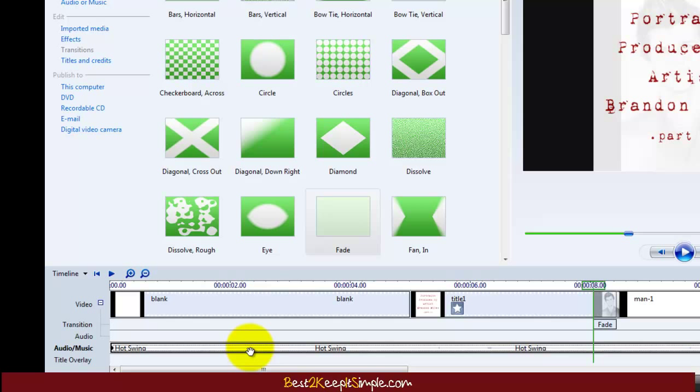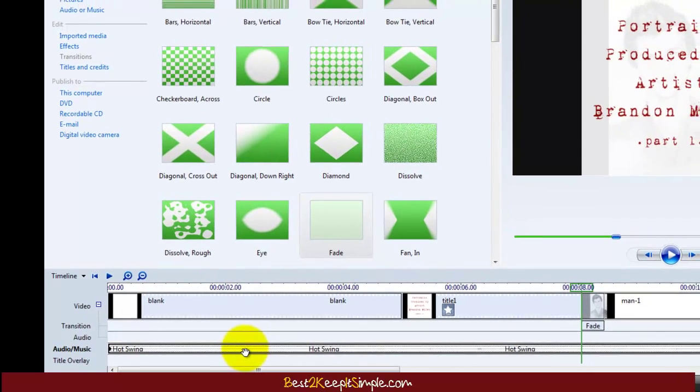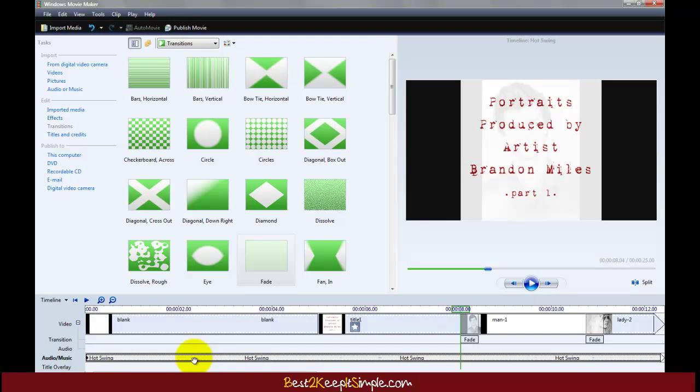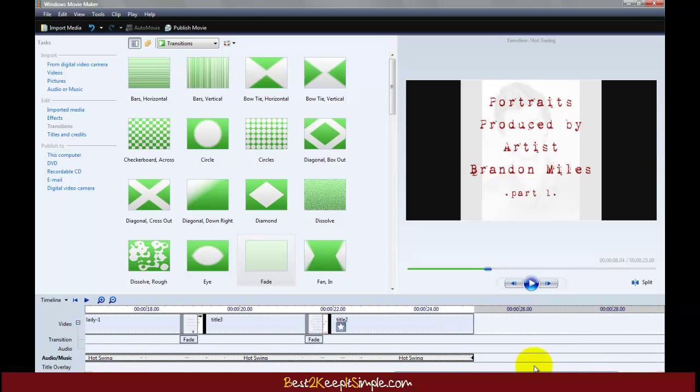Now for YouTube you have to use music that's not copyrighted, or if it is copyrighted you have permission of the person or people who produced it. I got this music from a free source where they offer free music to be used. It's in the public domain. I'll talk about it probably in one of my posts. But for this one, I've got some music and it fits in really well with